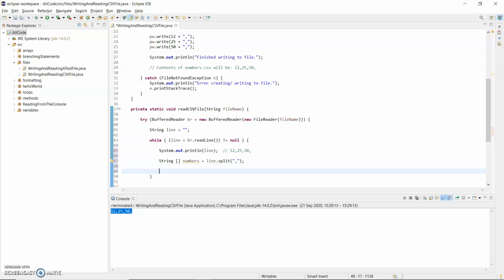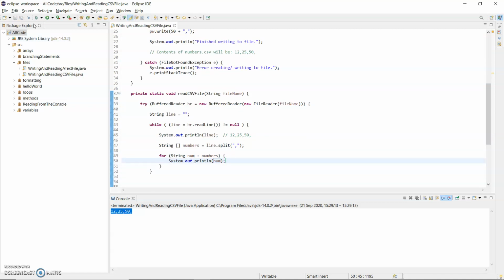Now, to print out the contents of that string array, I'm going to use a for loop. So a for each loop, with a colon, and on the right hand side is the name of the array, numbers. On the left hand side is just a declaration of what each one in that array is. So I'm just going to call it string num. And now, print out num. Now if I run that,